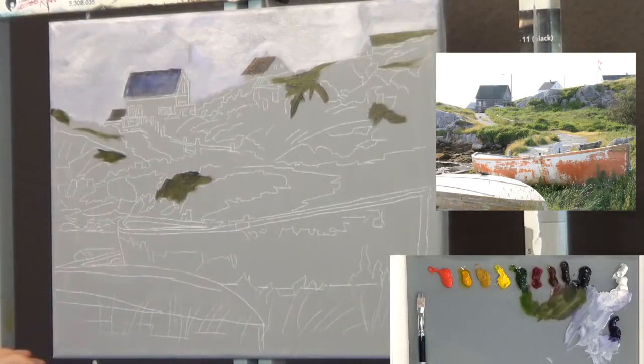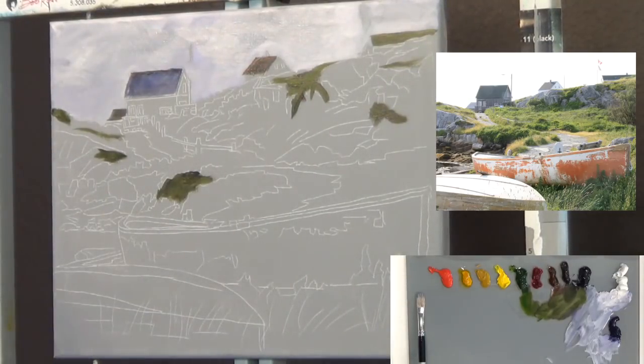demonstrations and lessons. All right, so that's probably enough with this big brush for a while. I'm going to come back now and put some more work on these buildings. I'm going to use a little bit smaller brush. Probably still use a flat brush just because I can get a sharp angle, a sharp edge with that flat brush. Sometimes I've been known to actually use an old watercolor brush that has really sharp edges. I'm not going to do that today. I am going to get like a number 8 here, and we'll start working on the